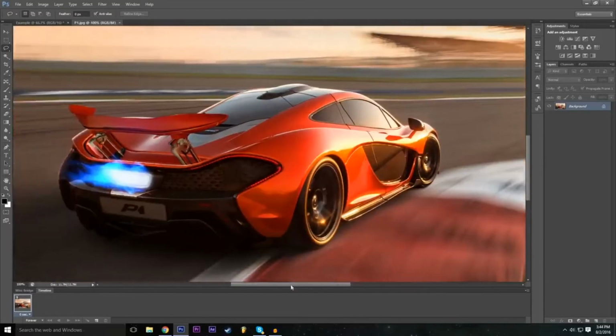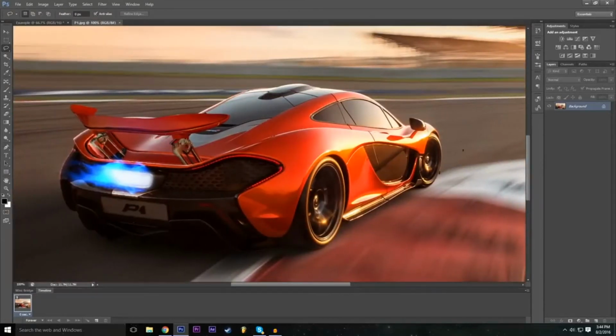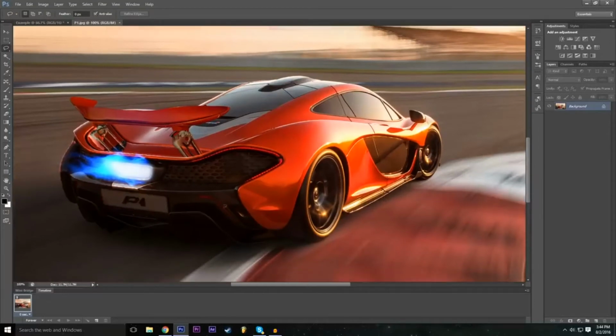And once we're zoomed in, we're just gonna have a nice shot of the McLaren. So basically just zoom into a point where the biggest part of the image is the focus, where you want to duplicate. So now we're just gonna outline this McLaren P1, having selected this lasso tool. So we're gonna outline it starting from here, and we're gonna do a bit of a sloppy job here. It's not very important to be very precise. But all you got to do is just click and drag with your left mouse button tool,